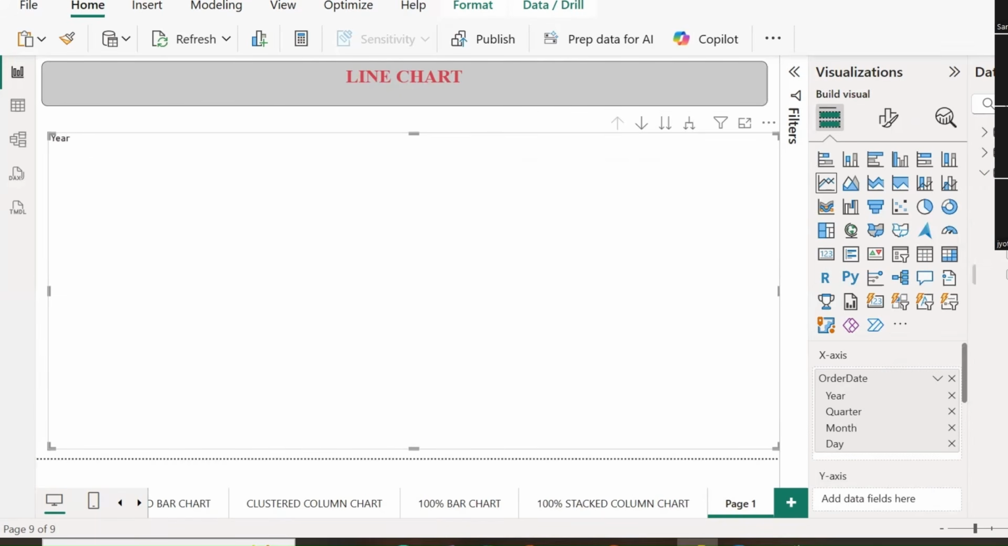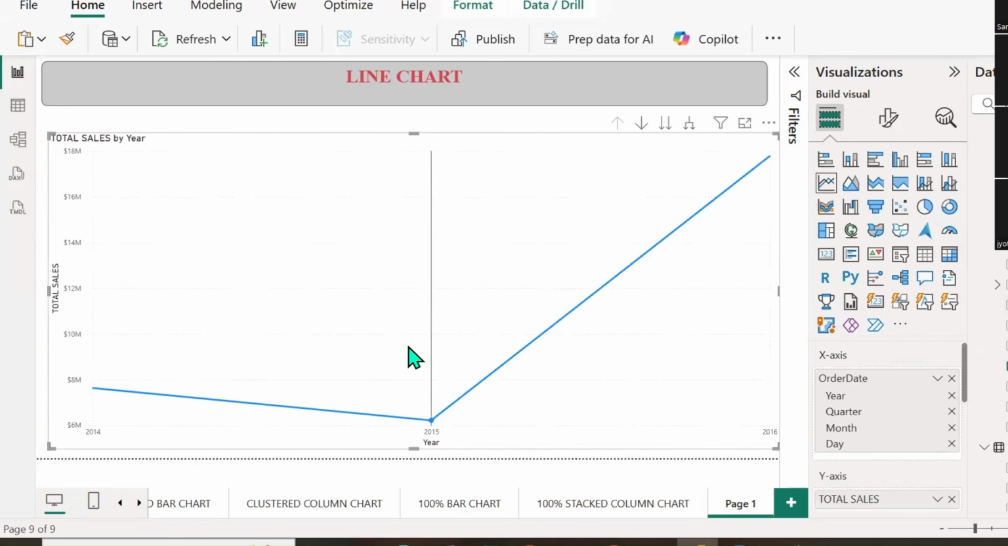So from the territory, let me add from the sales, let me add the total sales. Okay, what we are able to see? So we are able to see the line that is going from 2014. The sales have started from 2014, 2015, and 2016. And if you observe here, when I'm hovering over it, I'm able to see it started